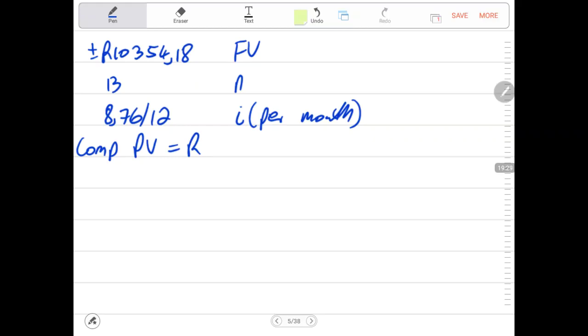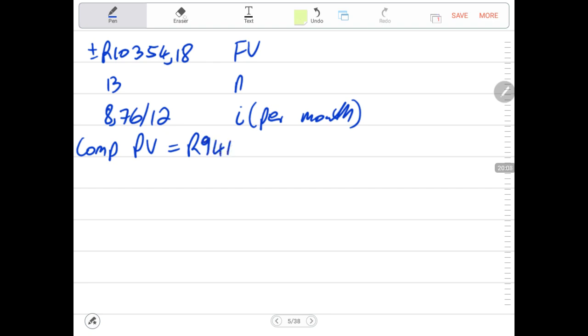Let me just do a verification of that. We have 10,354.18. That is our future value. Then we have 13, which is our n. We have 8.76 divided by 12. That's our I. We say compute present value. Yes, our present value is